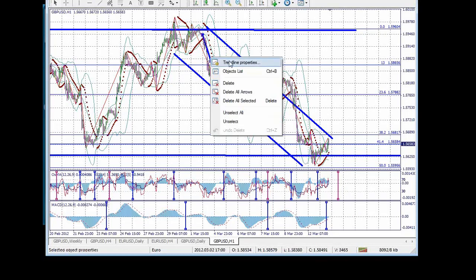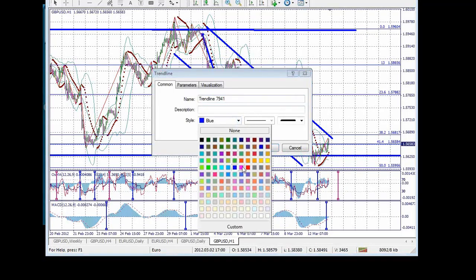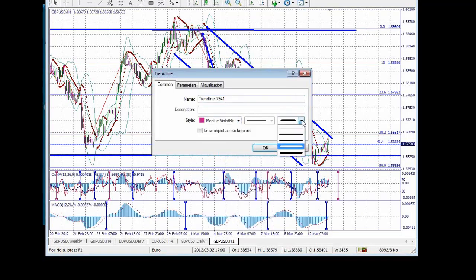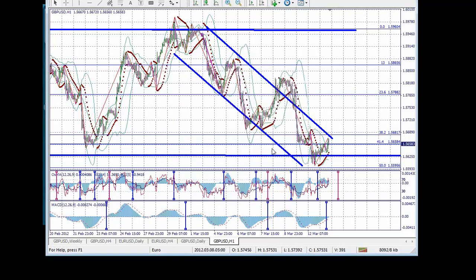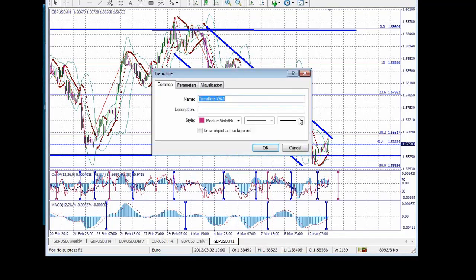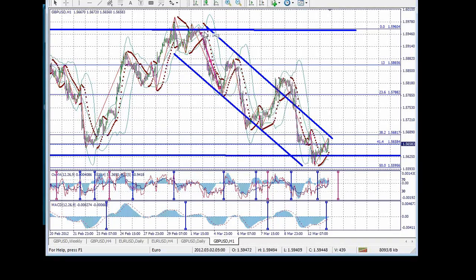I will change the color for those waves and make them not so powerful. So we have one wave, we have the second one, and actually you have the zigzag. But here, when we have the third wave,